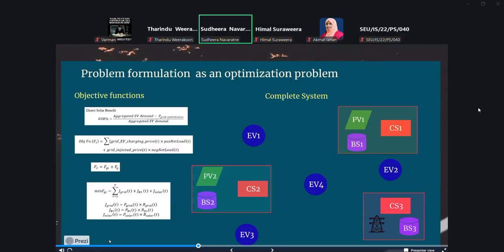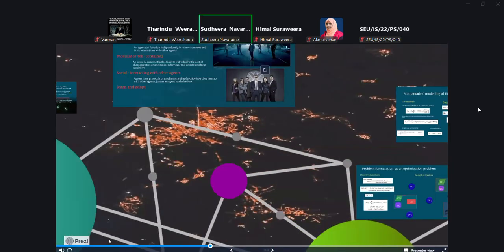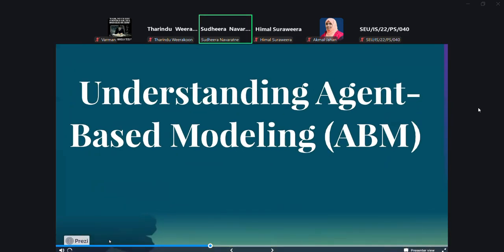And there are techniques to solve this. Even programming languages like Python support many techniques to solve this kind of problem. Okay, so now let's move on to our topic, which is agent-based modeling, right?